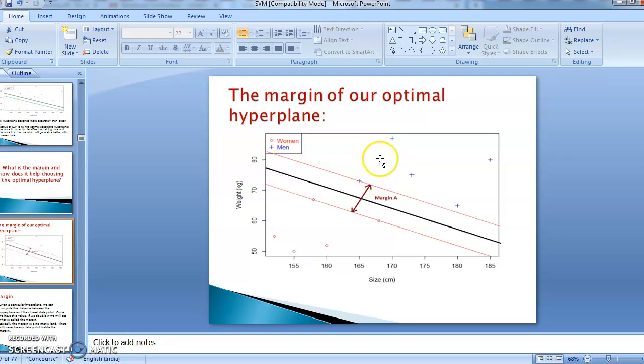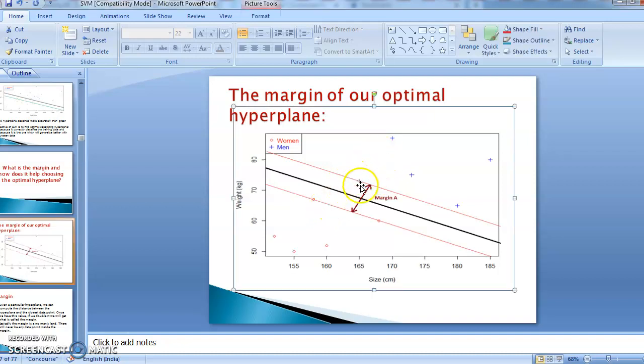If you consider this class, then this data point is called the boundary point, because you can see that after this point and this hyperplane there is not a single point. These data points are far away from the hyperplane. Similarly, in this class, these two data points are on the boundary line, or margin line. You can clearly see that no data point lies between this hyperplane, denoted by the black color, and the margin line, denoted by the red color.